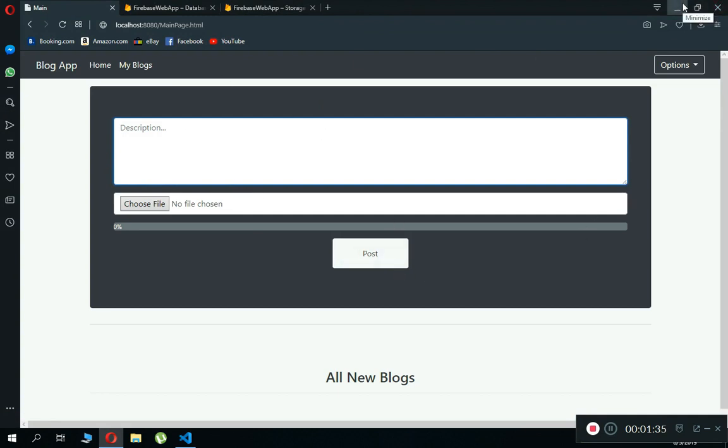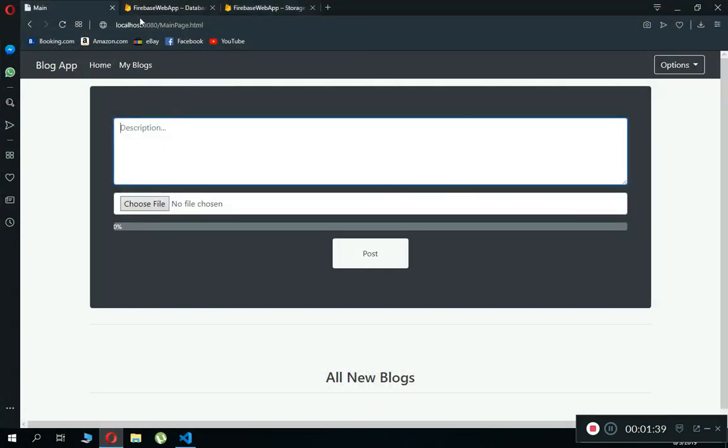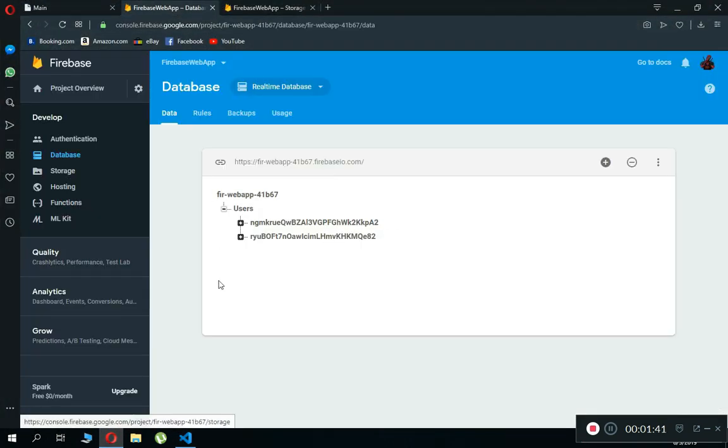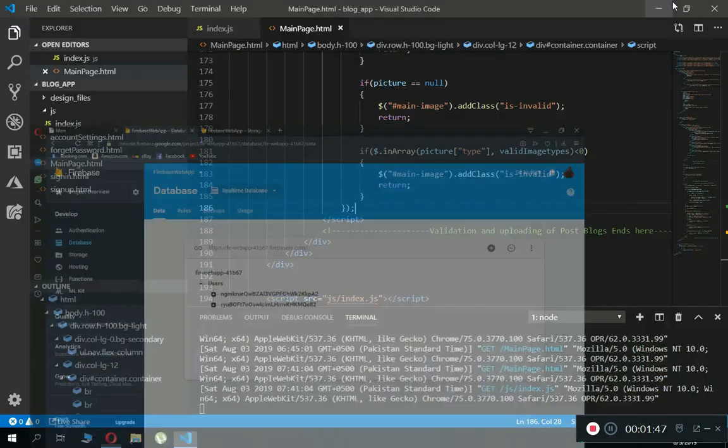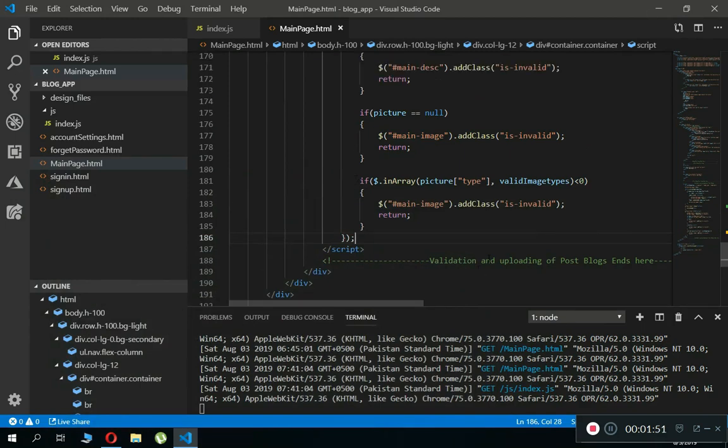Now we are going to upload it to the database, so for that we need to create a reference to our Firebase database, and we are going to create a reference for a new node, which will be our blogs node. That node will contain all the blogs data, and which will be linked for the images to the